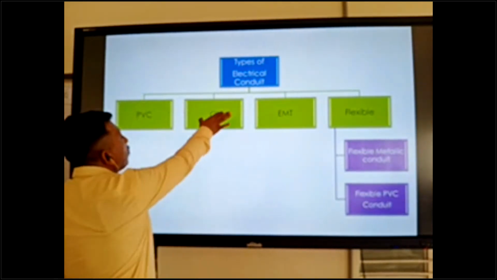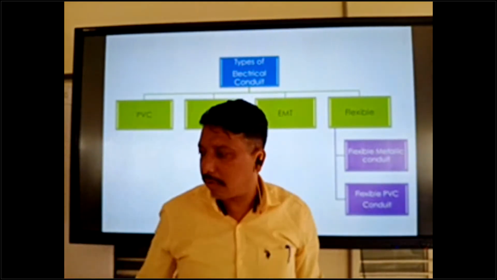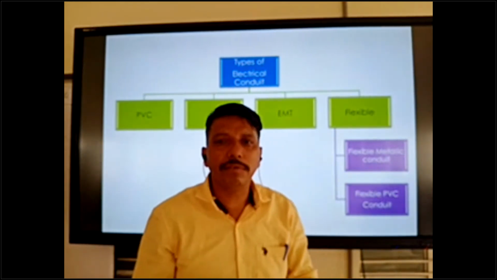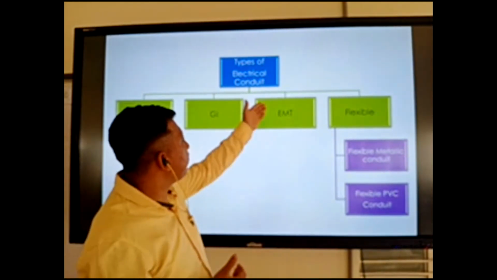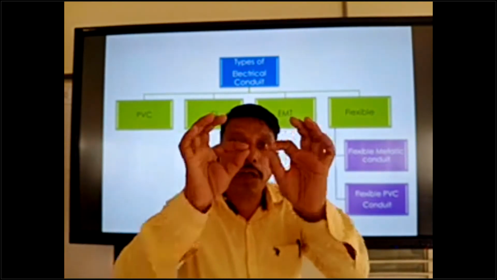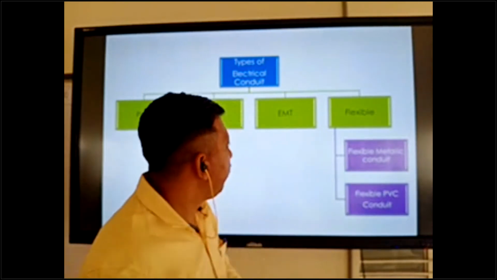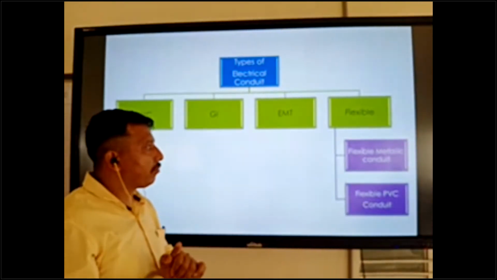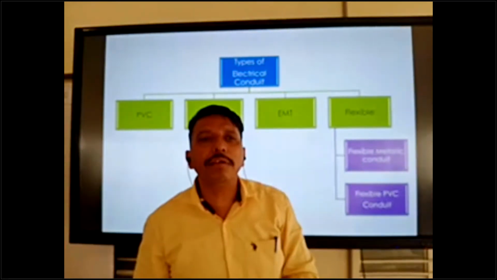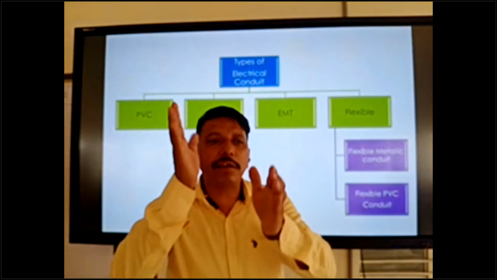So mostly GI, but it looks the same. The look is the same as GI, only a little bit of difference. This is also iron and this is standard steel. If you go near and check, we can find the difference, but from very far we cannot find out.